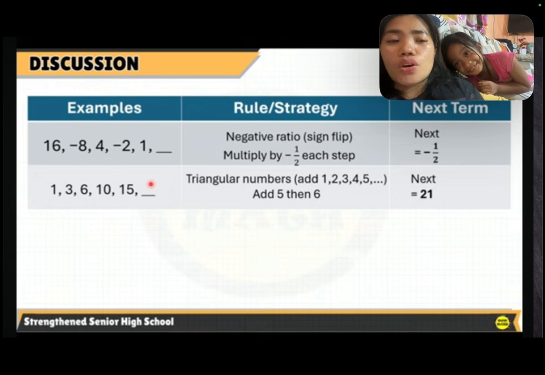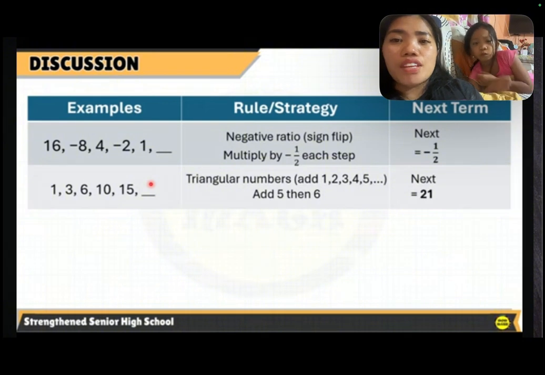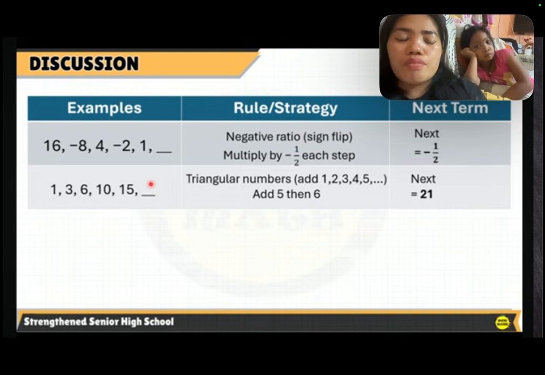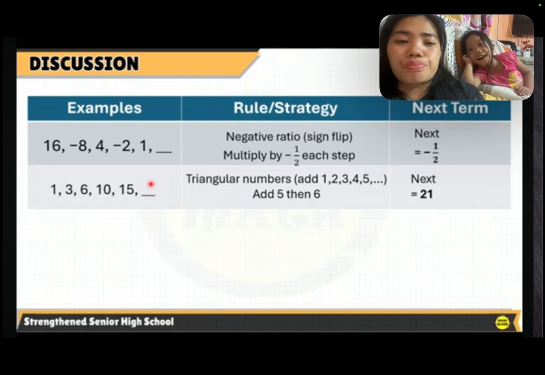Next pattern, or sequence I mean: 1, 3, 6, 10, 15. So we have here the rule or the strategy. We have triangular numbers. Add 1, 2, 3, 4, 5, and so on and so forth. Add 5, then 6. Okay. Triangular numbers. We have 1,